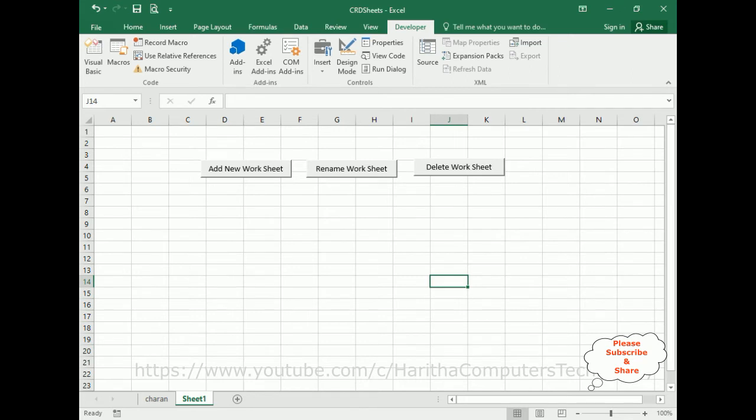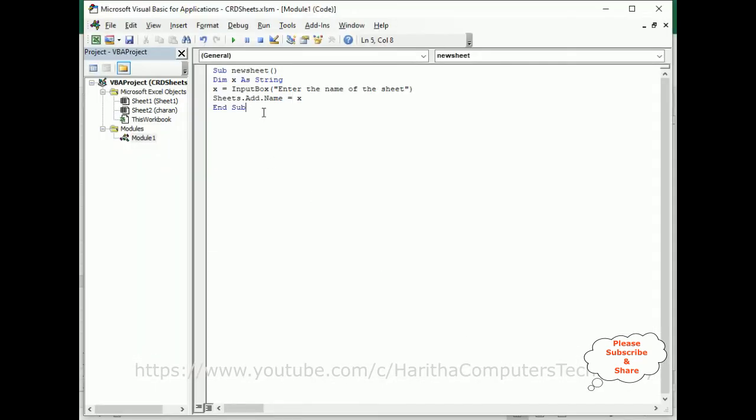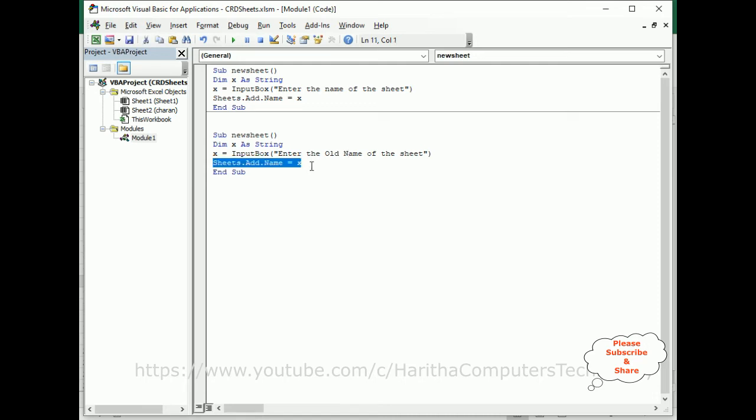For that, again switch over to the coding part. In the module, instead of writing the same, dim X as string, enter the old name of the sheet. After that, we require another variable K. K is equals to the new name of this sheet. After that, now here the code is